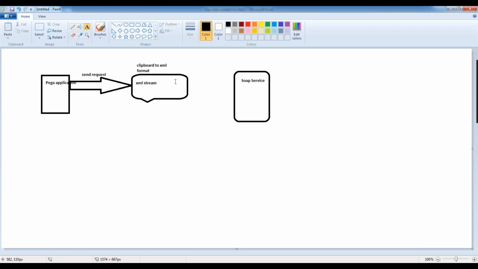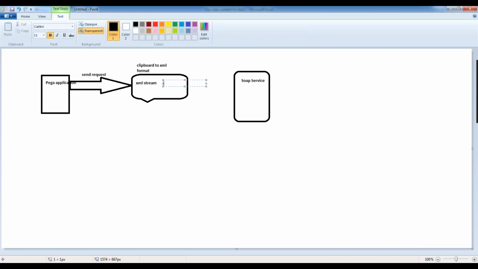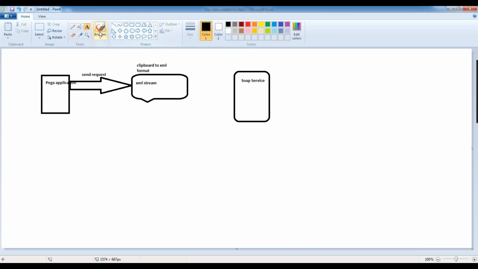This rule takes care of converting the clipboard into XML, and then that is sent as a request to the SOAP service. The SOAP service gives the response again in XML format.